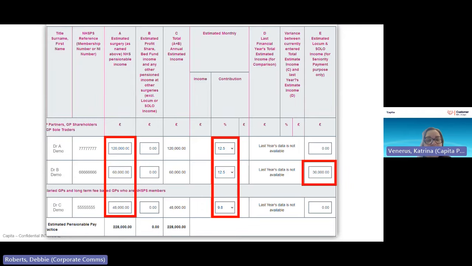So we've completed the estimated income for the partners and the salaried GP on the bottom row, and then we're selecting the tier rate. So this is an example from, I think, last year probably, where we selected 12.5% for our top partner because they've got 120,000. We've also selected 12.5% for the second partner because I think their estimated income for our test practice is 60,000,